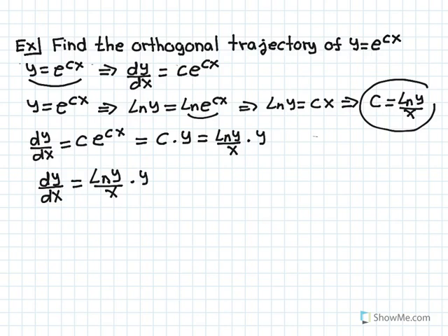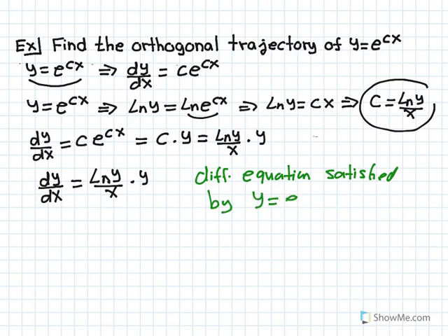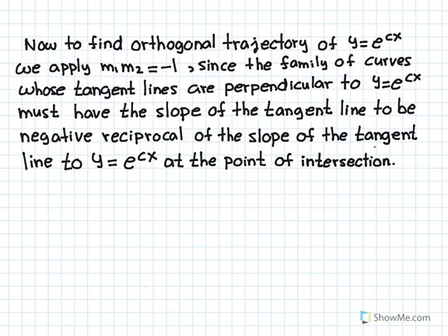All right, so this is a differential equation that is satisfied by the exponential function y equals e to the cx. Our goal now is to find the orthogonal trajectory of this exponential function such that the tangent lines intersect at right angles. So now, to find the orthogonal trajectory of y equals e to the cx, we apply the condition